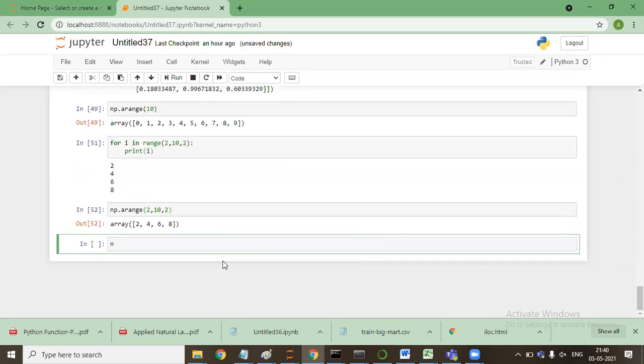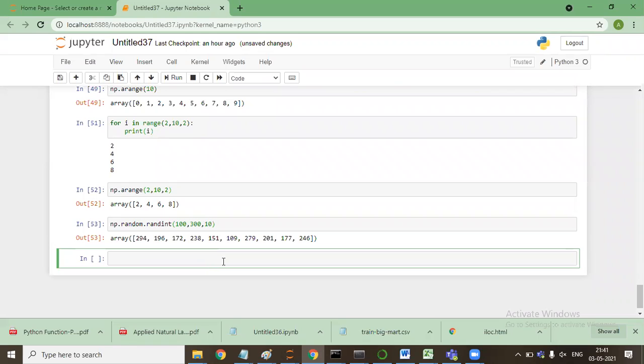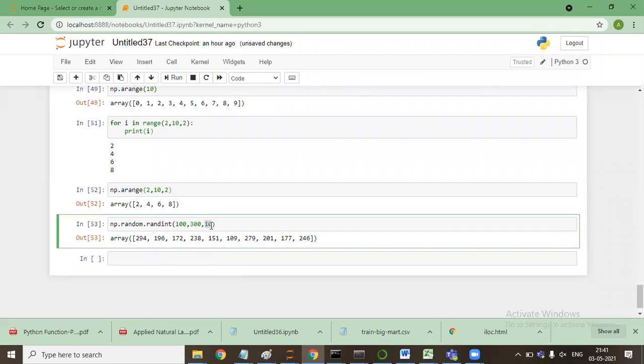I'll say np dot random dot randint, 100 to 300 with a step size of 10. Let me try it. Yeah, it will give me 10 random values between 100 and 300. Is this the thing you are looking for? Yes, sir. Thank you.